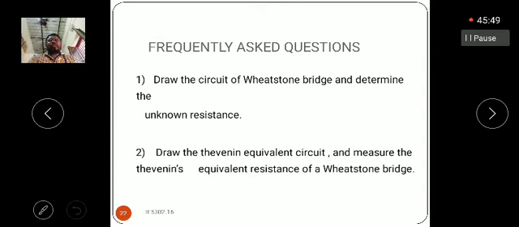That means this is open circuited, and you have to measure the open circuit voltage, and the remaining energy sources are replaced with their internal impedances. Here we have only one energy source, the voltage E. That voltage E is replaced with its internal impedance. The voltage source is replaced with a short circuit. If any current source is present, the current source is replaced with an open circuit. Then finally we calculate the voltage across the galvanometer. The galvanometer voltage is equivalent to the Thevenin's voltage.